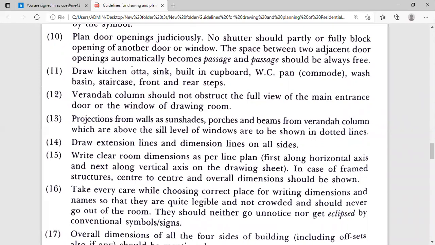And then after that, whatever cupboards are there, you have to show the opening of the cupboards, okay. Then after that, WC pan means whether you are going to provide an Indian pattern pan in a WC water closet or European type, western type, that is nothing but the commode, whether you are going to provide it, okay. According to that, you have to go for the planning of sunk slab and all those things.